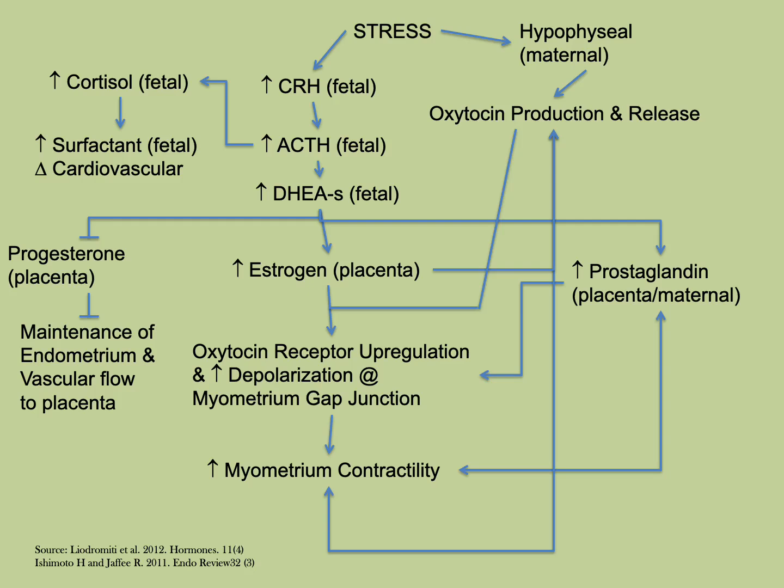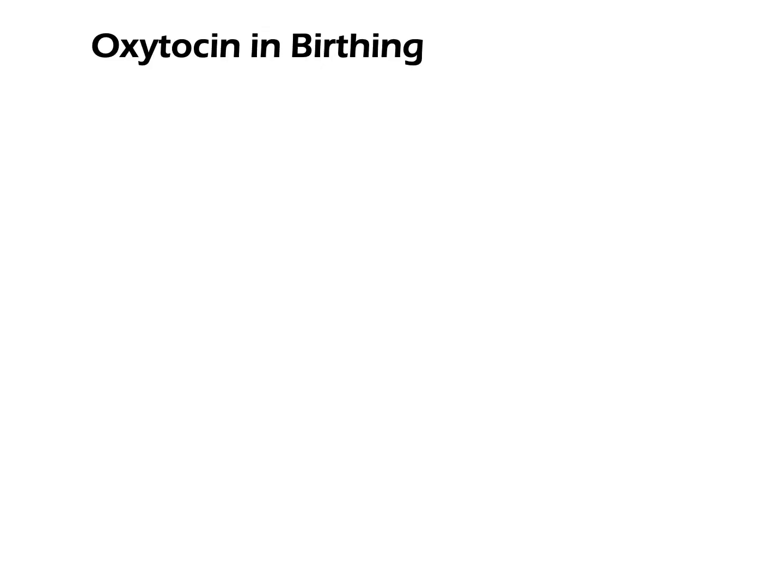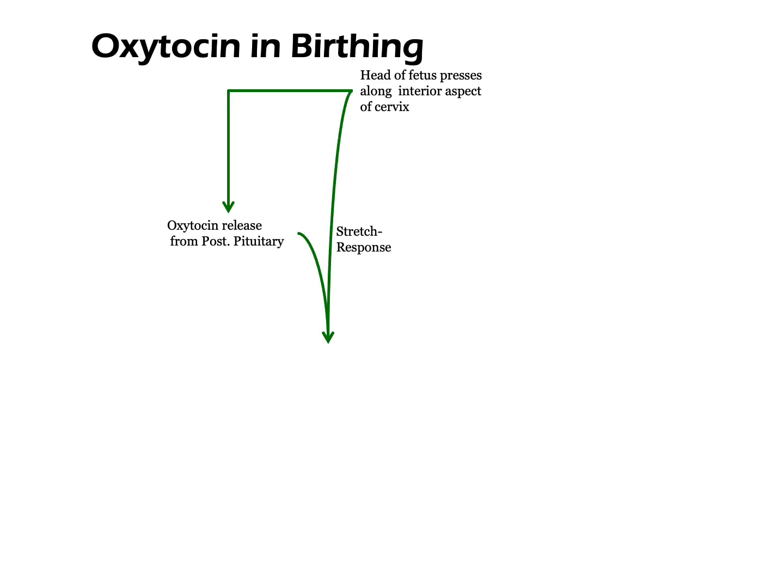During the dilatation phase, the cervix will open and start to what's referred to as thin. That is, the amount of endometrial tissue at the cervix starts to reduce within the cervical sphincter, allowing for the full dilatation of the cervix. So, the other thing that's going to come into play here is the cyclic regulation of oxytocin. And so, when the fetal head presses onto the cervix, we get a baroreceptive reflex that is going to start